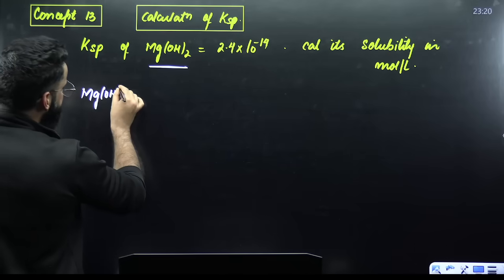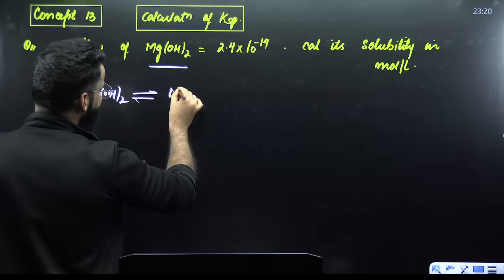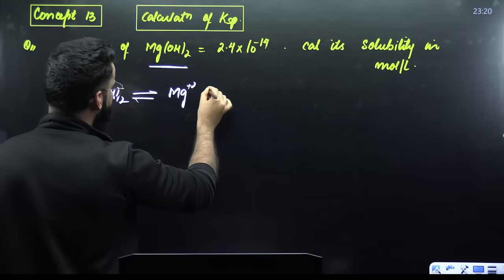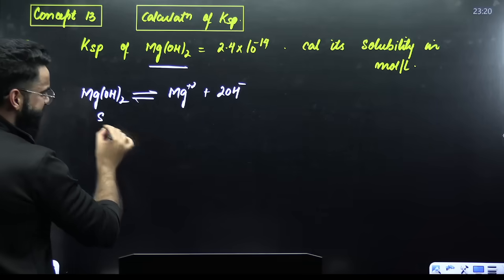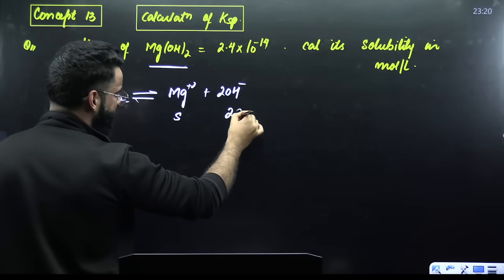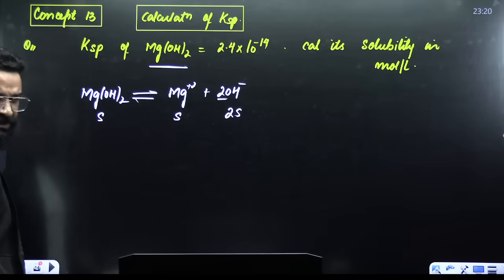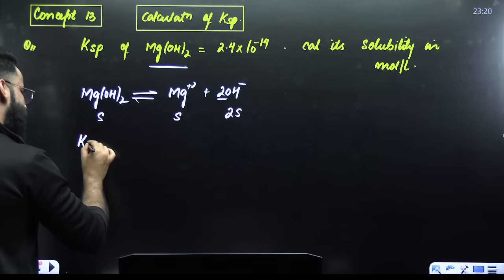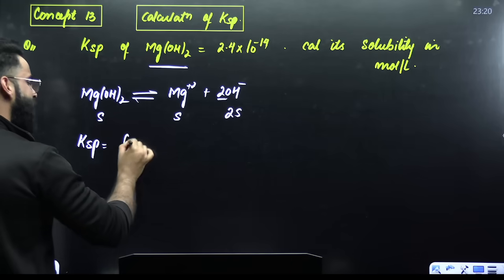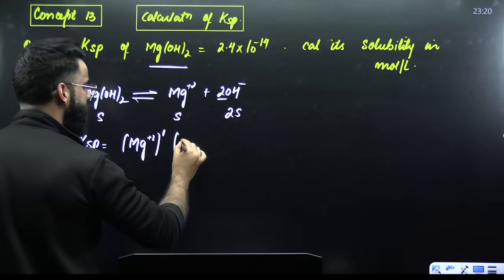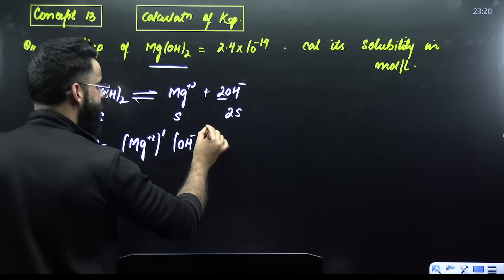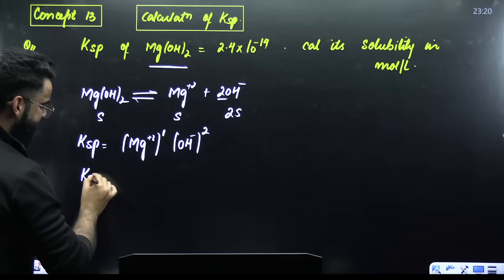Now, how does Mg(OH)2 undergo dissociation? It undergoes dissociation as Mg2+ aqueous plus 2 times OH- aqueous. Now, remember, if the solubility of this is S, this will also be S, and this will be 2 times S, because the stoichiometric coefficient is 2. Now, how do we write the expression for KSP? The KSP expression is the concentration of Mg2+ raised to the power of its stoichiometric coefficient, times the concentration of OH- raised to the power of its stoichiometric coefficient. So I would say KSP is equal to